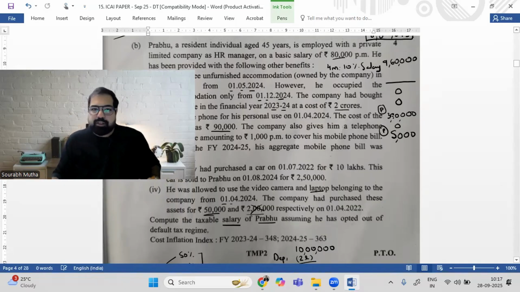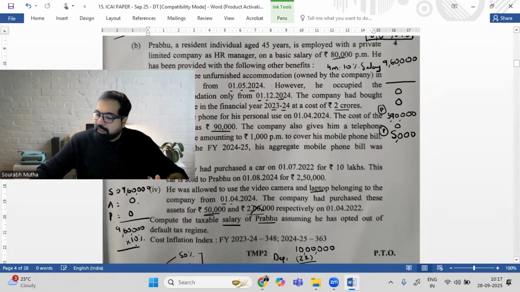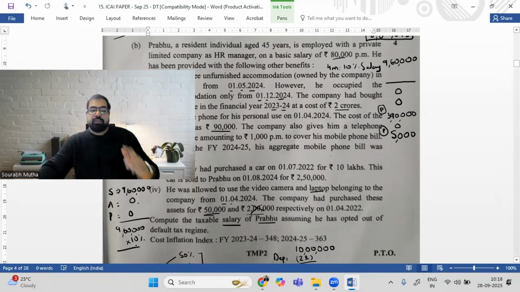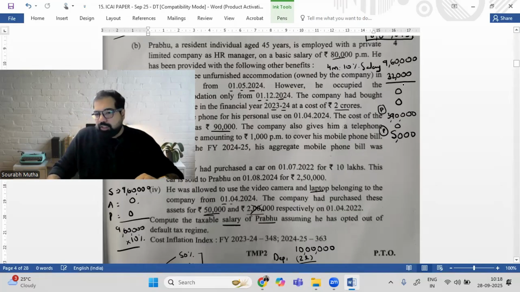Now, guys, the only thing stopping us is the definition or the amount of accommodation is 10% of salary. Now, salary is SAP. You have to take all the amounts of salary. Here we have only 9,60,000. We have to take all the allowances which are taxable, which is zero, and we don't have to take perquisites, again zero. So my definition of salary is 9,60,000. On that, 10% is 96,000. 9,60,000 into 10% is 96,000. This is the value of perquisite for the whole year, but you have used the house only for 4 months, so divide by 12 into 4, which is basically 32,000. So this is my total.